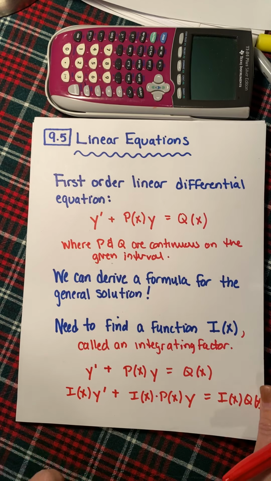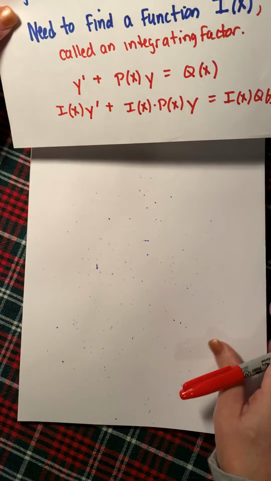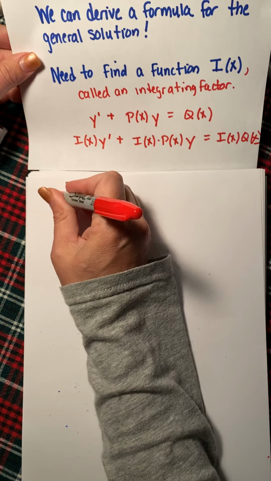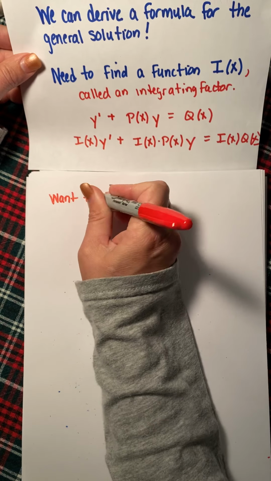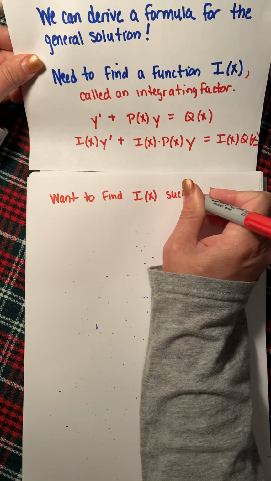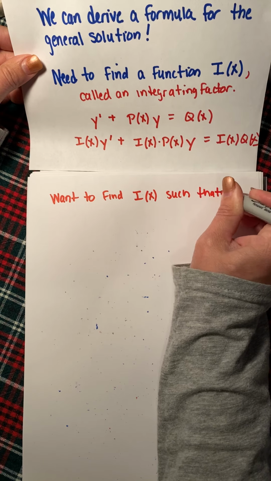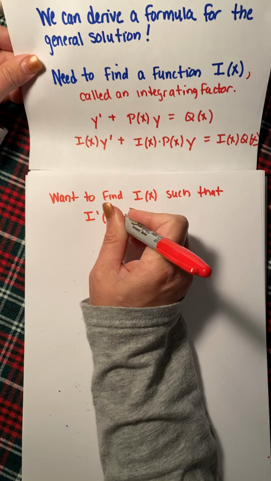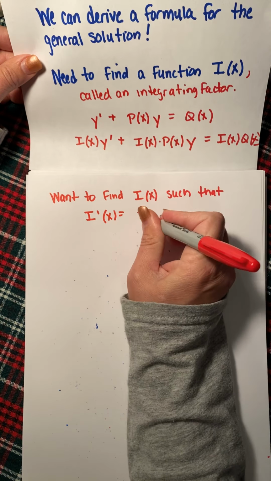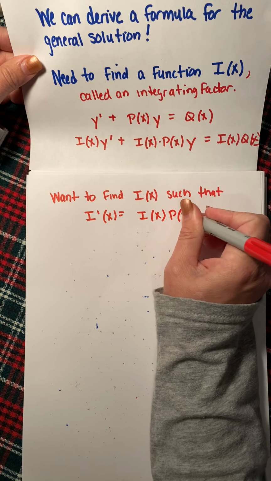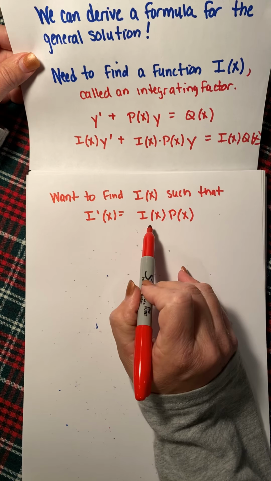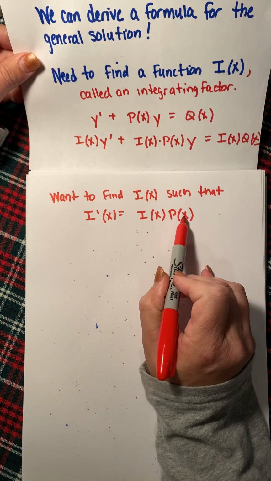And we want to find an integrating factor that's going to help us do some cool things on the left side of the equation here. So we want to find I of x such that the derivative of I of x is going to equal this right here. If we can find this function I such that the derivative is itself times the function p of x,